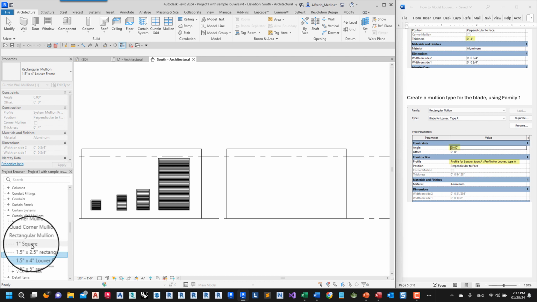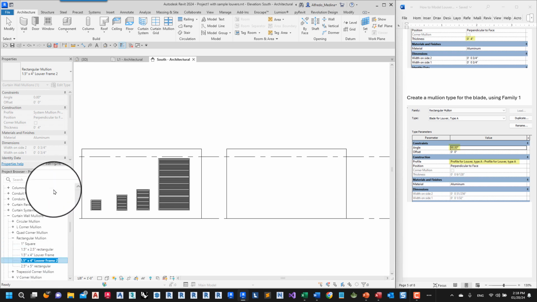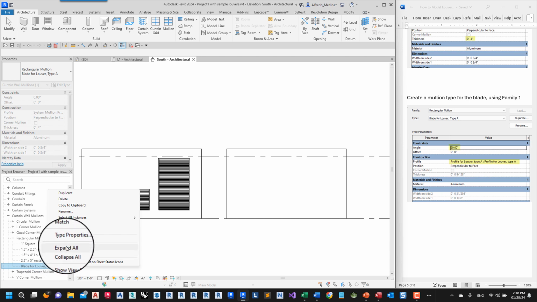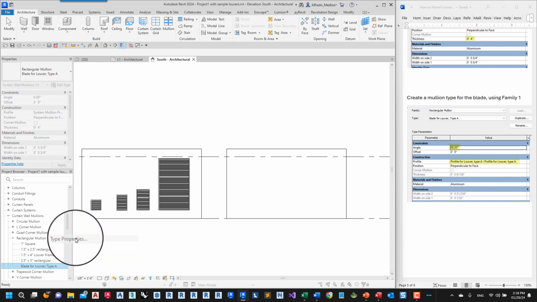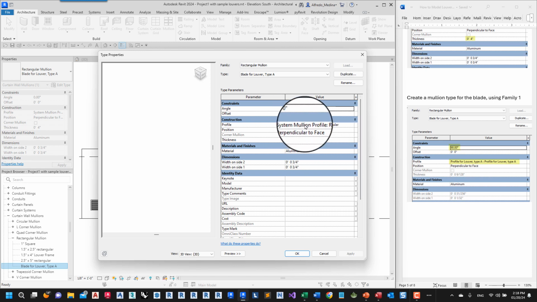We can take any of these mullions, even the same mullion that we just did, and do right click, duplicate, and we're going to call this blade for louver type A. And then we go to the type properties of the new mullion, and we need to do a couple of changes.